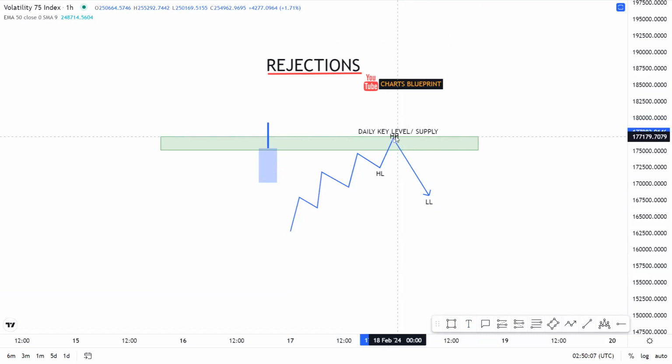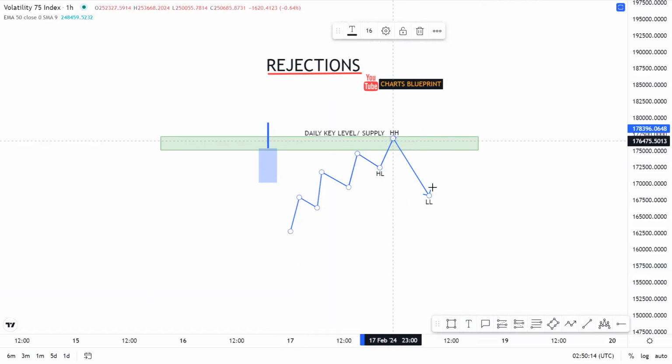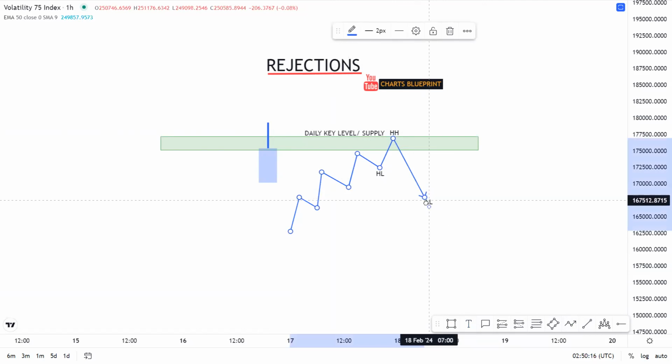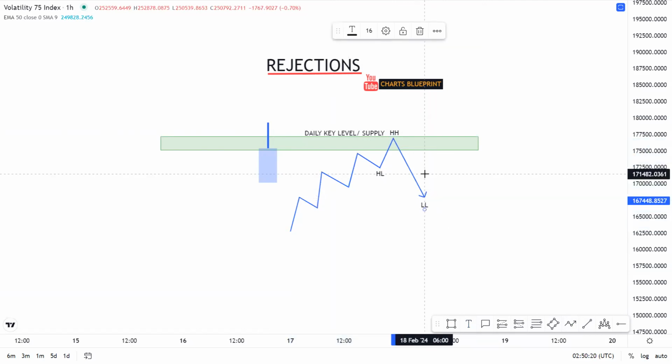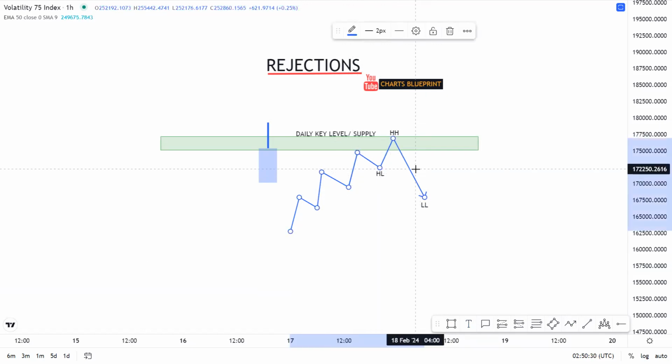then of course we can start looking to sell this all the way to the downside as established from the daily time frame. Now, clearly when we do have the hourly time frame shift structure from bullish to bearish, printing us a new swing low that is obviously lower than the previous swing low,